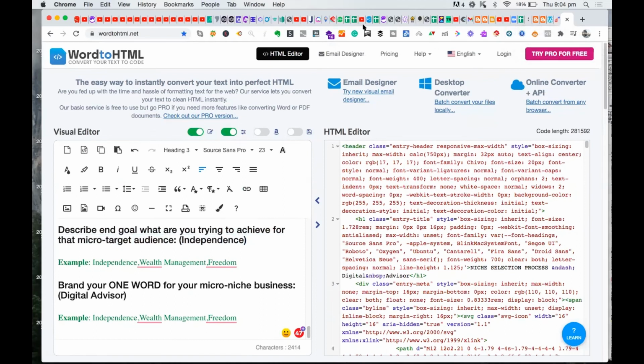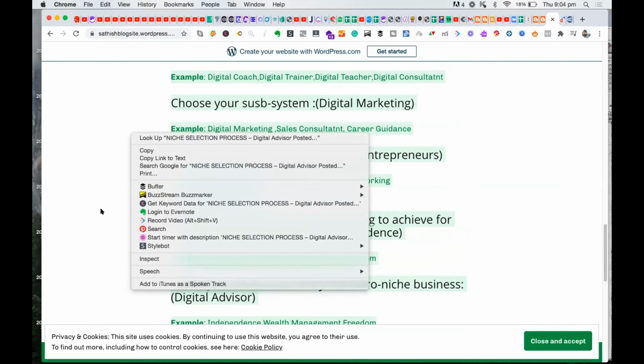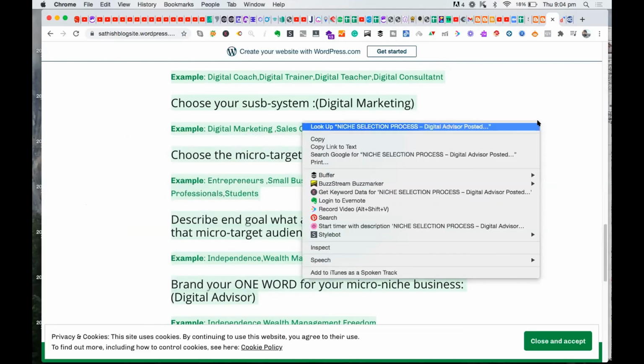And this blog has got the meta title. So what is the meta title of this particular page? If you go to the view page source,